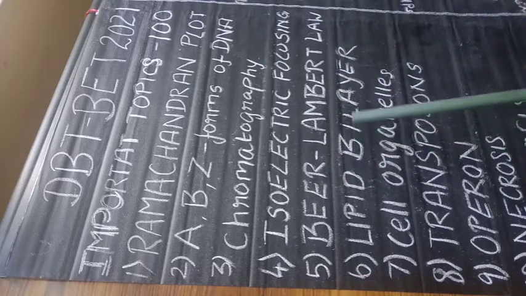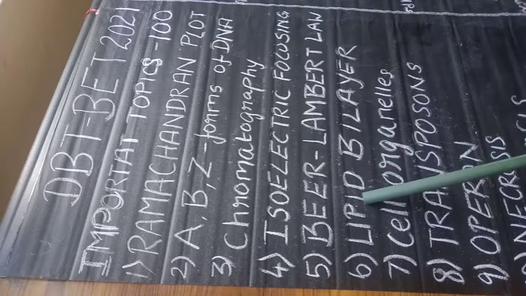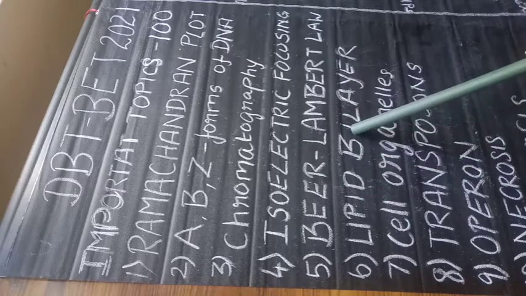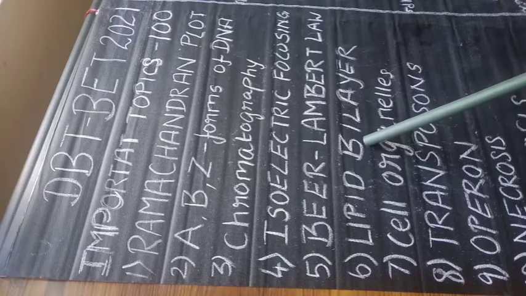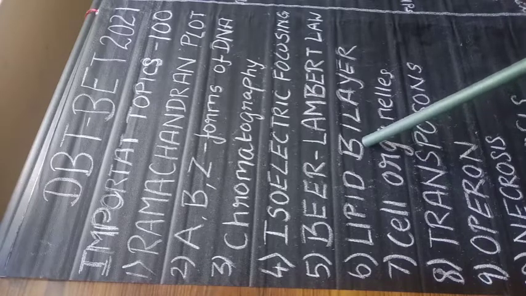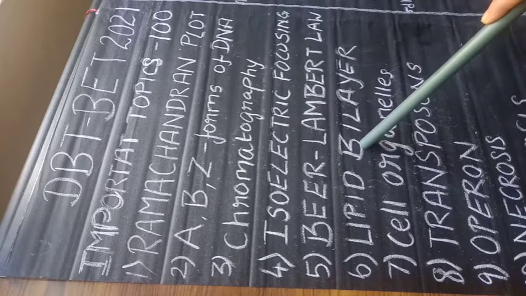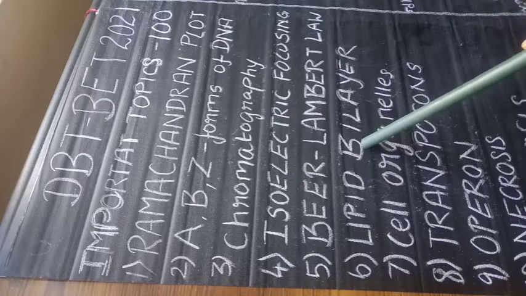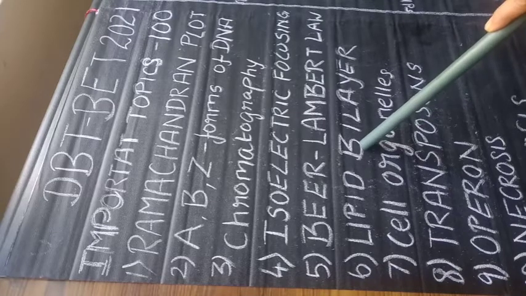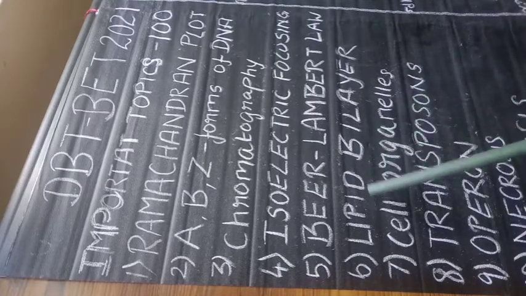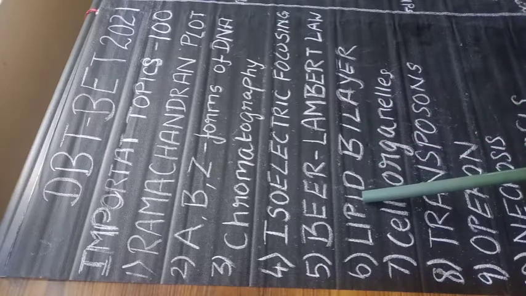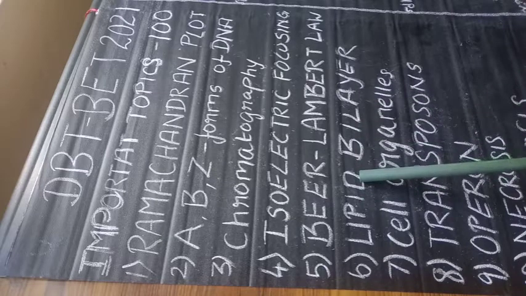Next is lipid bilayer, that is your plasma membrane. Okay, so the cell biology first portion is this lipid bilayer. You can refer to Pranav Kumar sir's book in life sciences, that is the Pathfinder book. It has only 3 pages, friends. You should know about the lipid bilayer and the enzymes like flippases, floppases, scramblases, like that you should know, and what are the membrane proteins, integral membrane proteins, like that you should know.